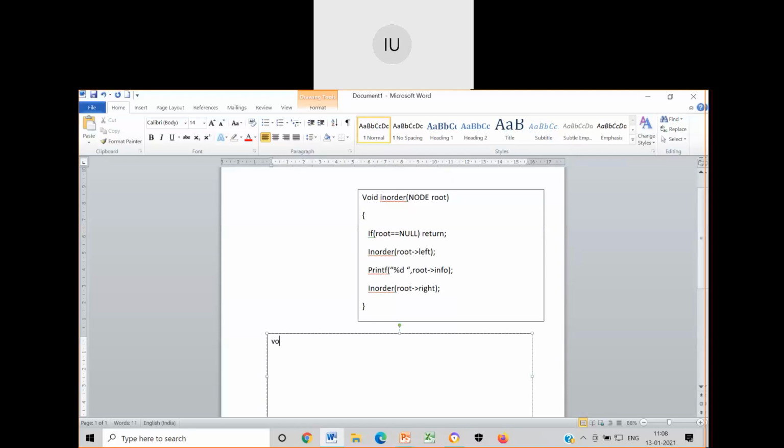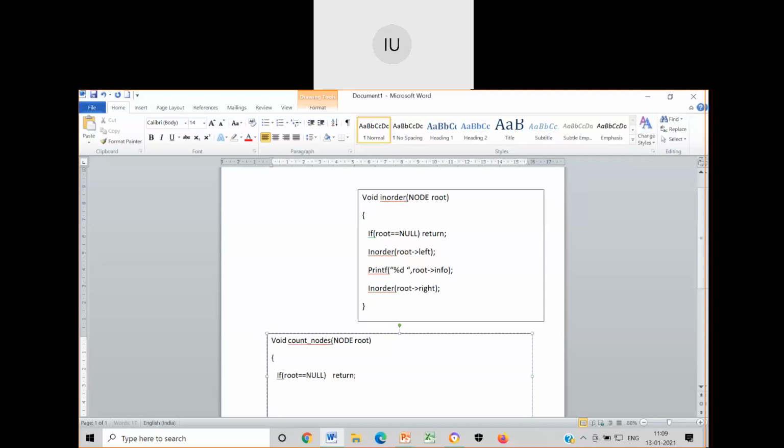Just pay attention. I'll write void count nodes of node root. In this, if root equal to null, return remains the same, no change.